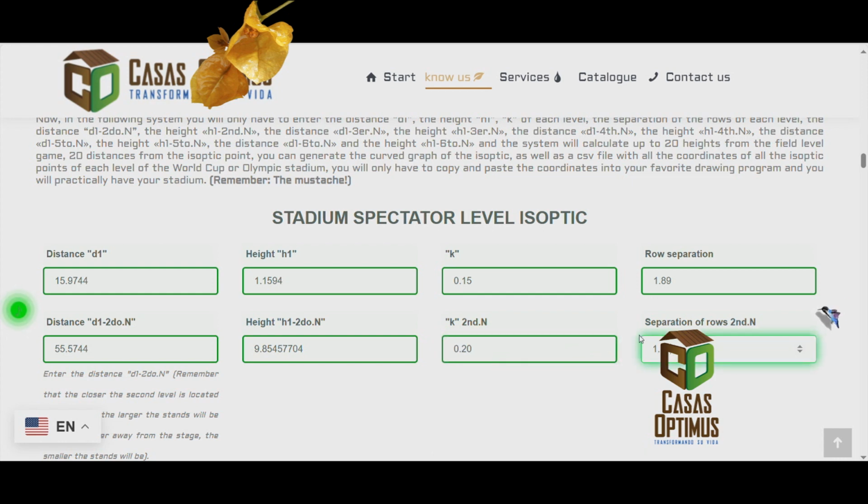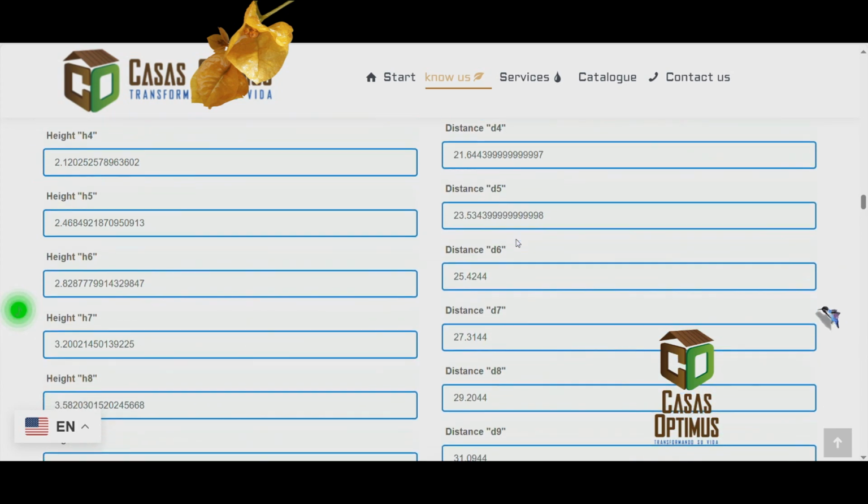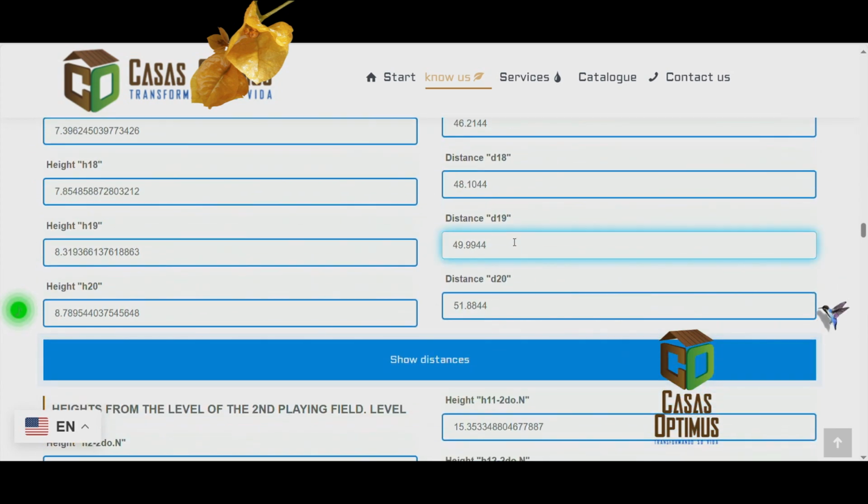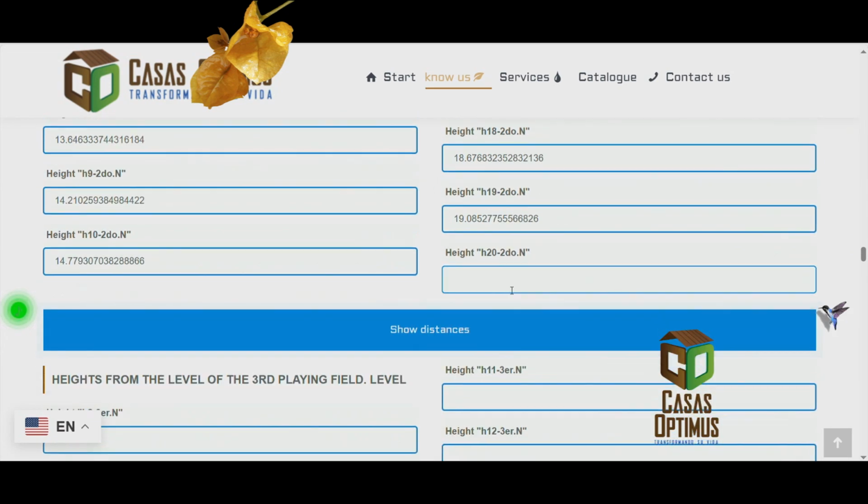Remember, when entering the data, wait a little while for the system to finish calculating automatically. You will also be able to generate the curved graph of the isoptics again, as well as the CSV file,